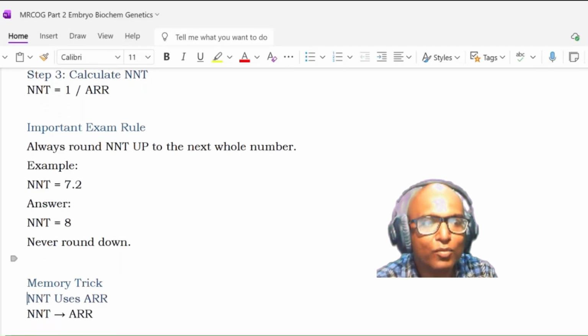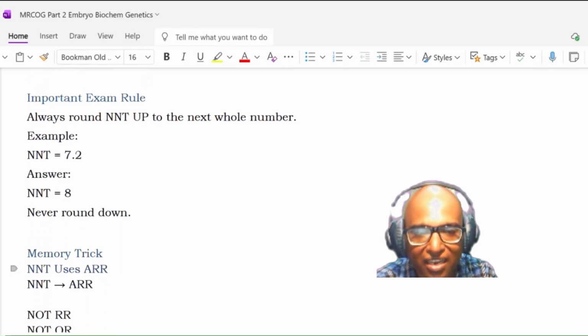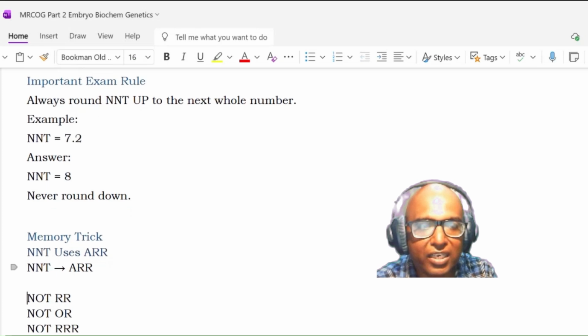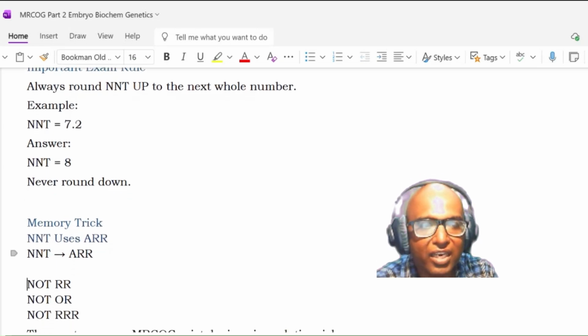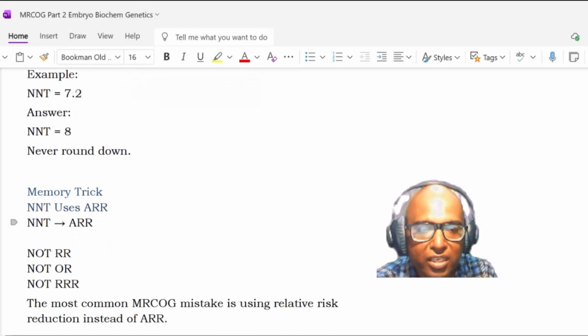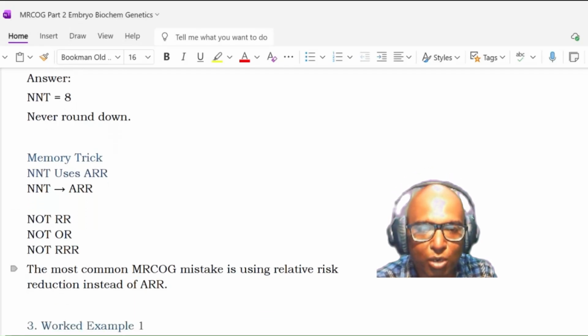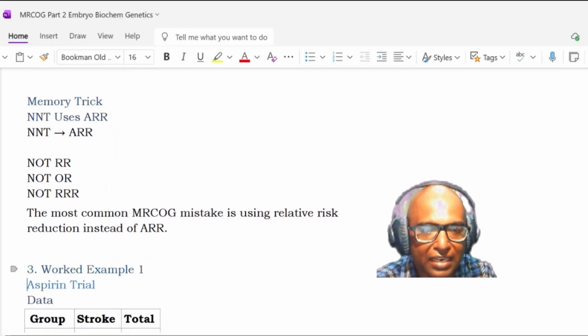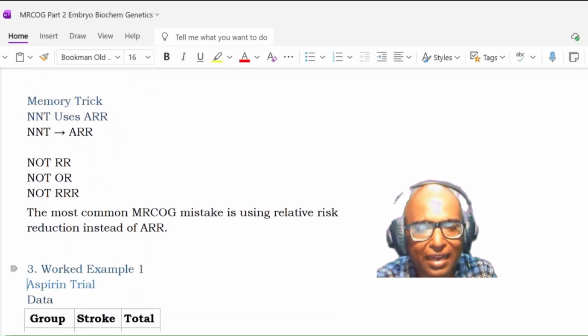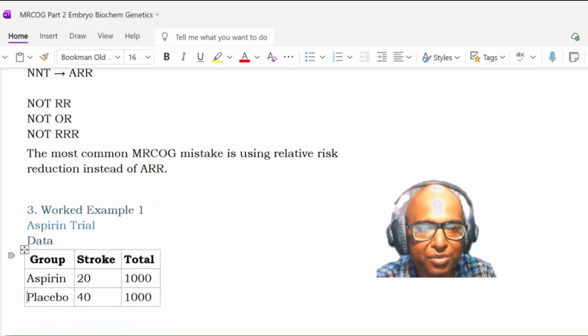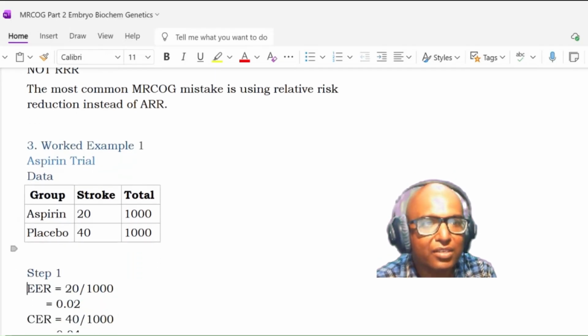NNT uses ARR, that is absolute risk reduction. It does not use relative risk. It does not use odds ratio. It does not use relative risk reduction. That is the most common mistake made by most candidates. They use RRR, relative risk reduction. What we use is ARR. So